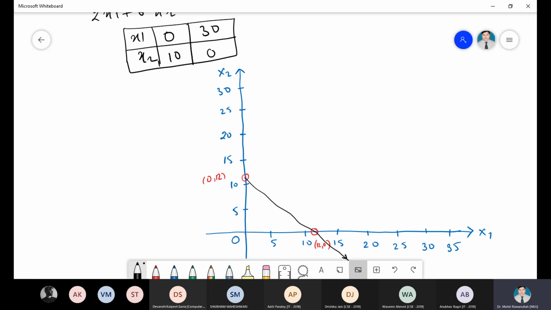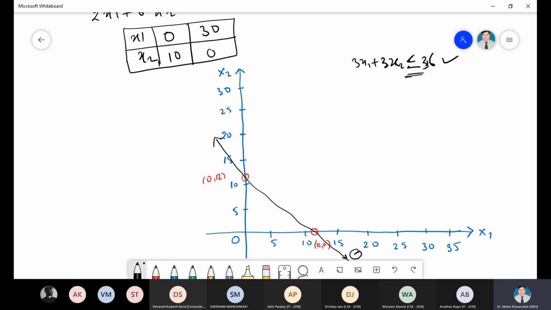Okay, so this is equation number 1. You can make it like this, a straight line. Now tell me where we should shade it. Equation 1 is actually your equation, here I'm just writing for the rough point of view: 3x1 plus 3x2 less than or equal to 36. Actually we draw the equation with the equal sign, but actually it is a less than sign. Less than sign means either the value will lie above this line or below this line that will satisfy this equation, right? So where can we shade it?